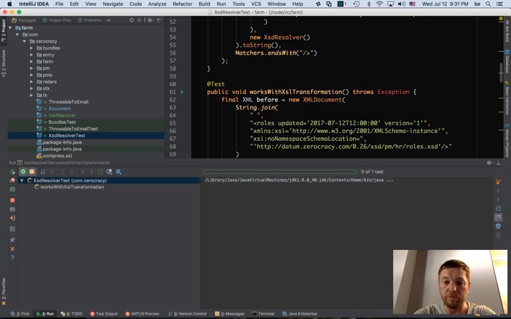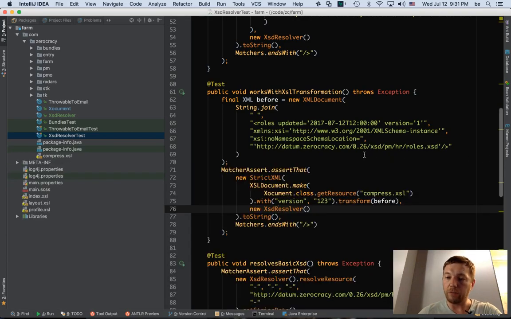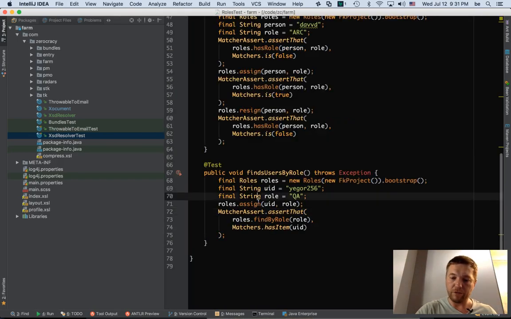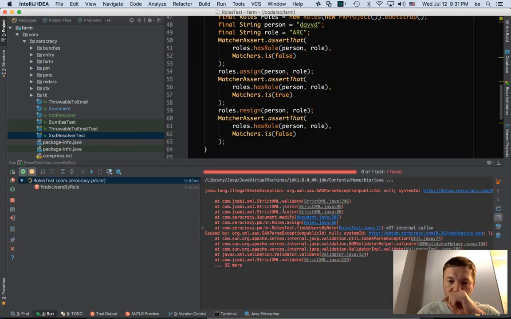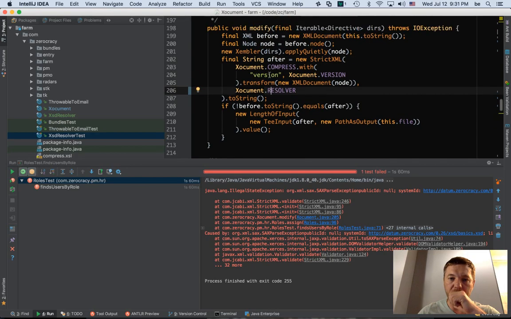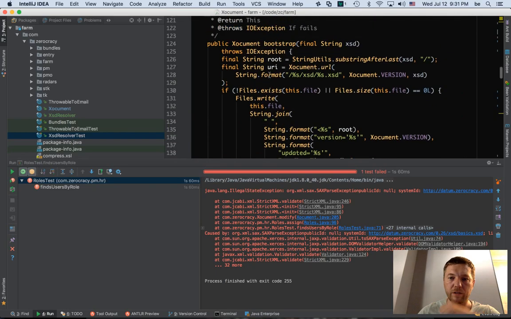I'm running it again. Jesus Christ. I don't know, that's weird. I thought that we would fail here. I mean, so we have so many tests now. Let's run it again. Here, this code fails. Why? We're using exactly the same resolver. Are we sure?